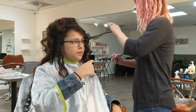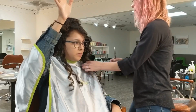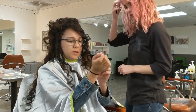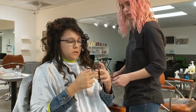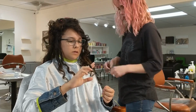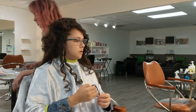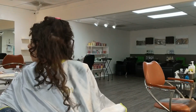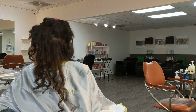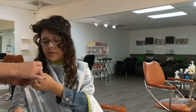Yeah. And also those sections, I tend to do a really high bun when I just don't want to deal with my hair. So what are you using as the elastic? It's one hair tie, and I twist it about that size. Okay. Have you seen the one that's like the elastic in your pants type of one? Those would be a little bit better for you. Like scrunchies? Yeah, it's like a scrunchie, but it looks like... That would help because it doesn't...